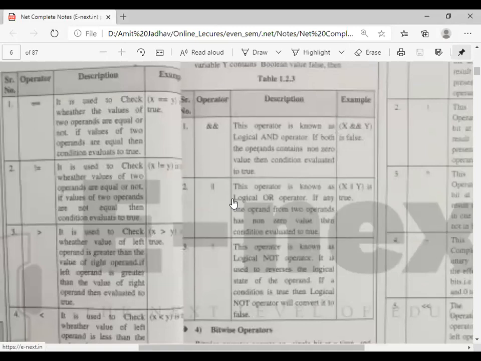With the or operator, if either condition is satisfied, then it passes.